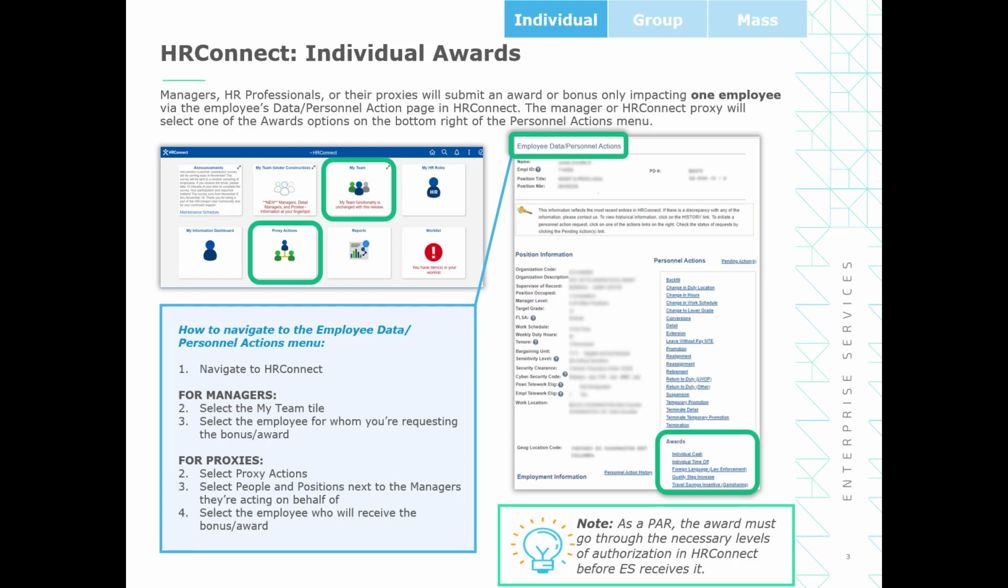They'll then select the eligible employee from the Direct Reports list. Proxies, on the other hand, will select the Proxy Actions tile. The system will then list the managers you're currently configured to act as a proxy on behalf of. After following the steps we've just outlined, managers and proxies will reach the Data Personnel Actions page for the employee